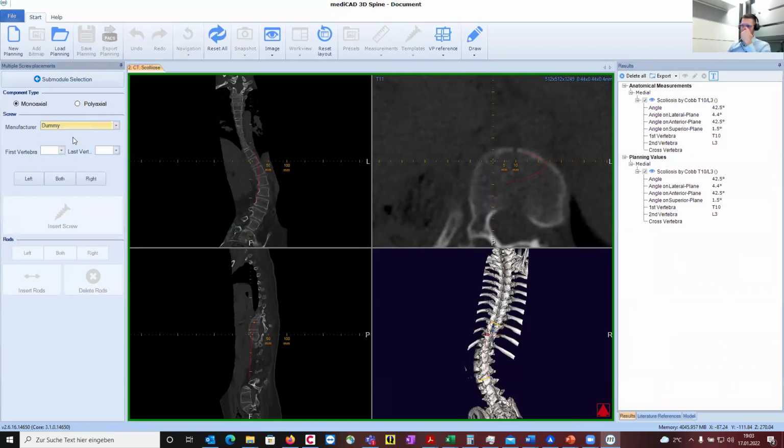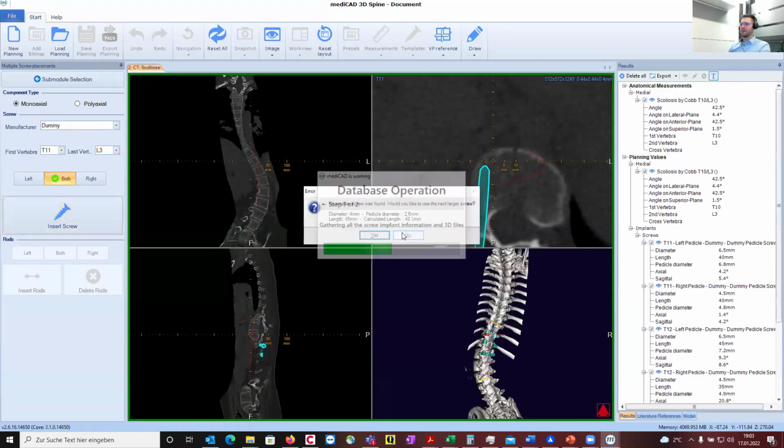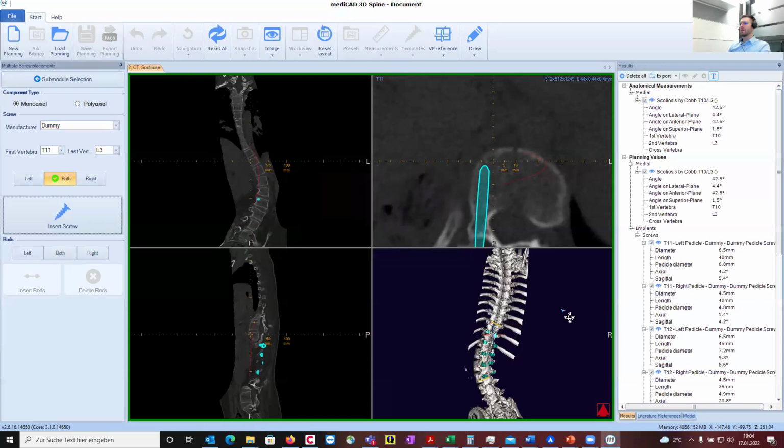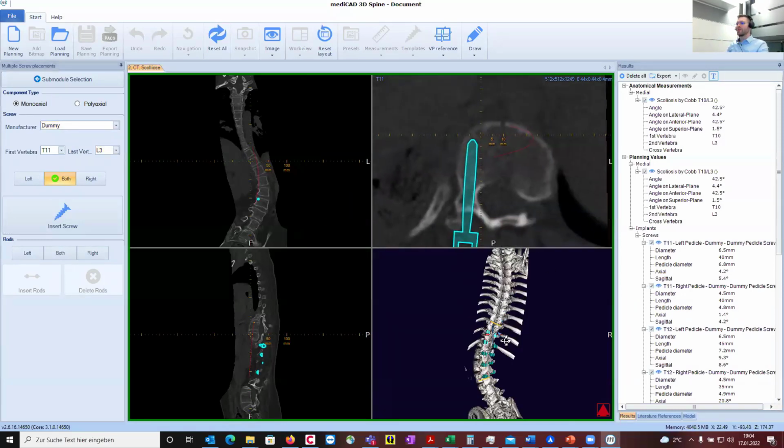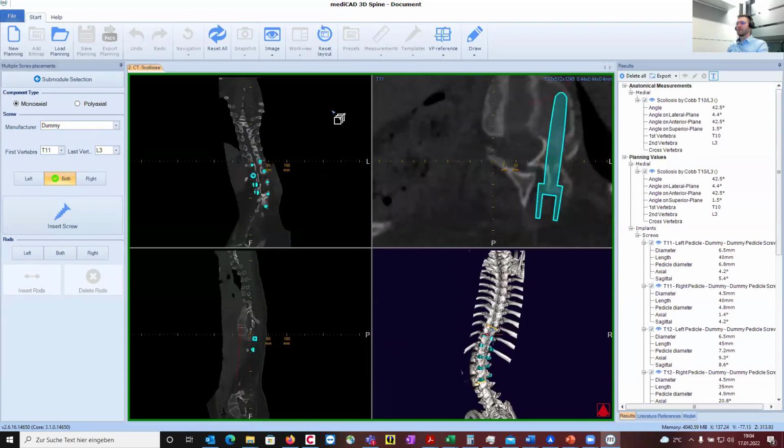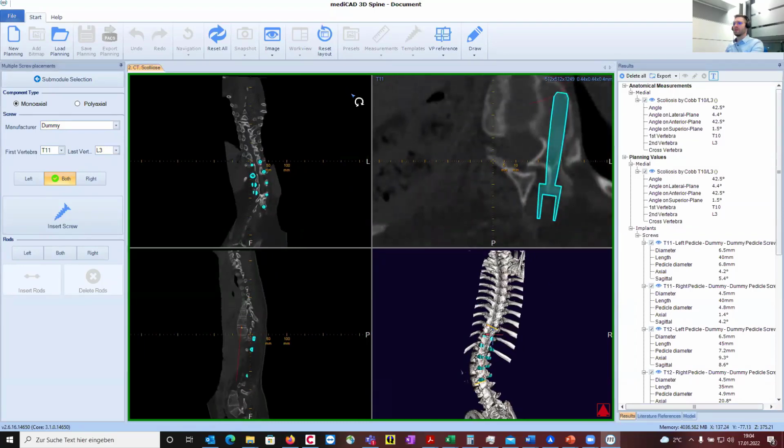This is no special screw. This is just a dummy screw, not from a special vendor. T11 to L3, both insert. And here again, a hint from the software. Now you have an idea, or a hint: it could be that the pedicles are maybe a bit too small for a screw, but you have the possibility in the software to check this. So I would recommend to